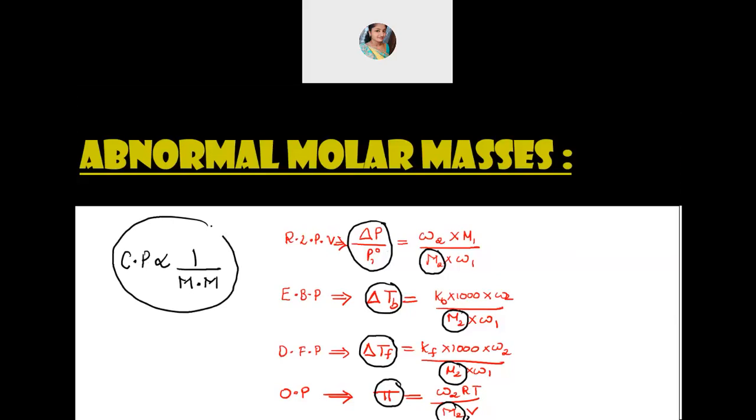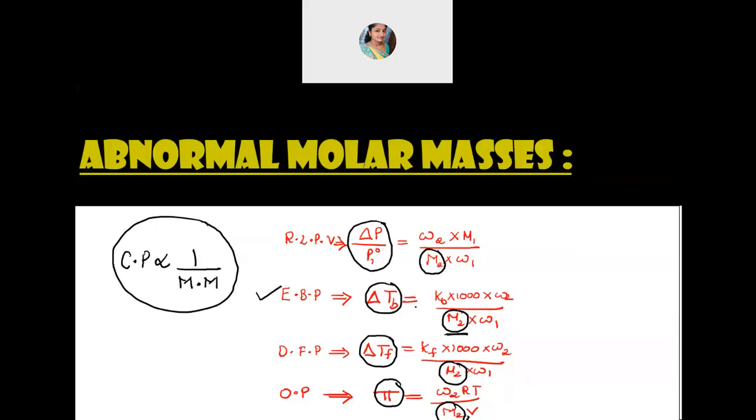Now, what do you mean by abnormal molar mass? Because that is our today's topic. Whatever molar mass calculation we have done, when you calculate this molar mass, if your experimental value comes out to be equal to your theoretical value, then that is fine. Imagine you are calculating the molar mass of the solute by using elevation in boiling point. You will know the molar mass of glucose, and then through experiment you try to find out what exactly the molar mass will be. If your molar mass, theoretical and experimental, both come out to be the same, that is the normal molar mass.